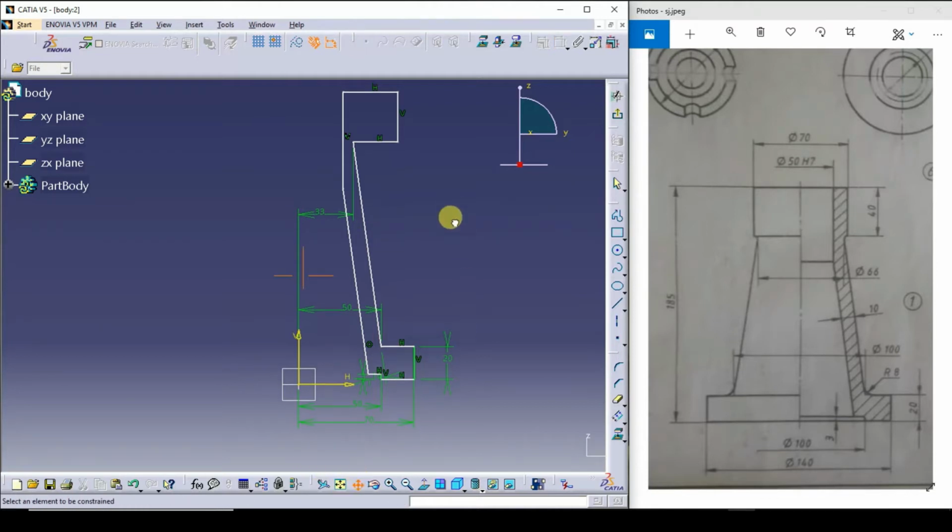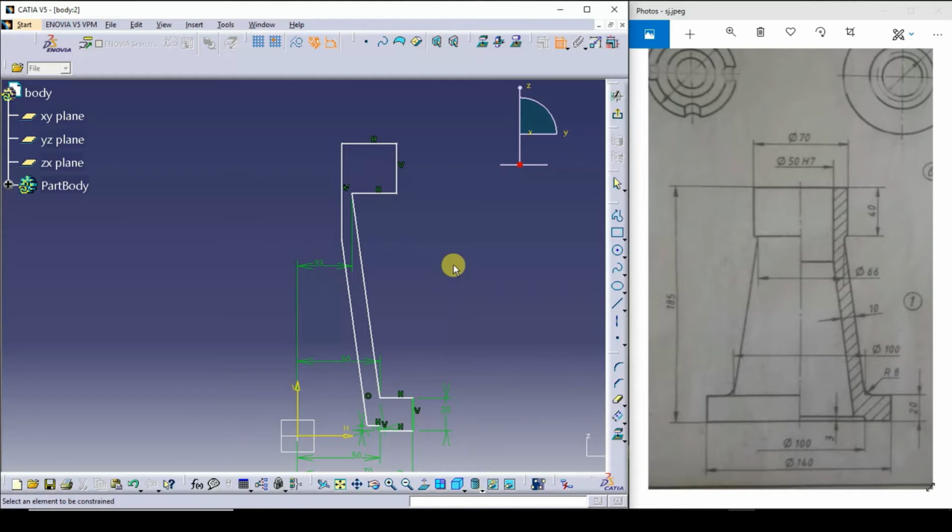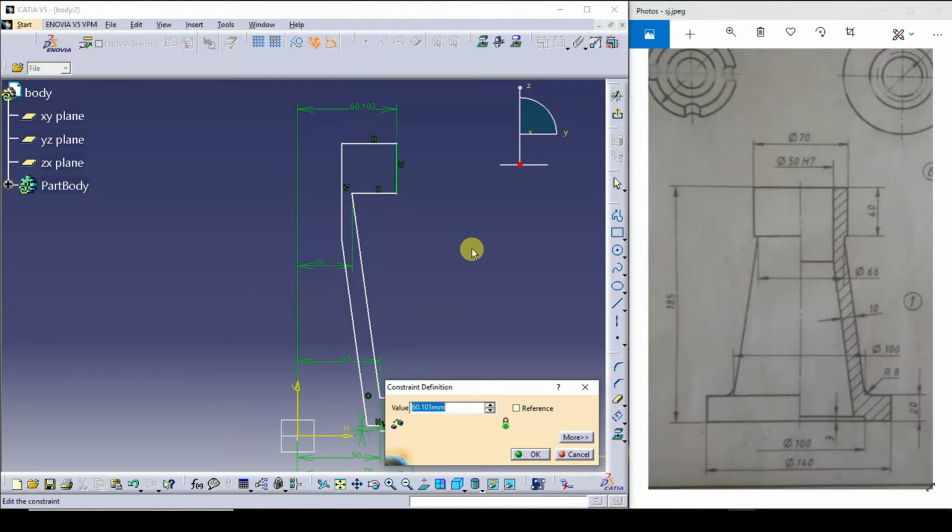Just I will drag a little bit towards the bottom side. So from here to here it is 35.